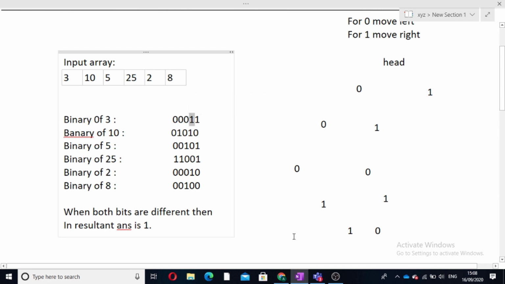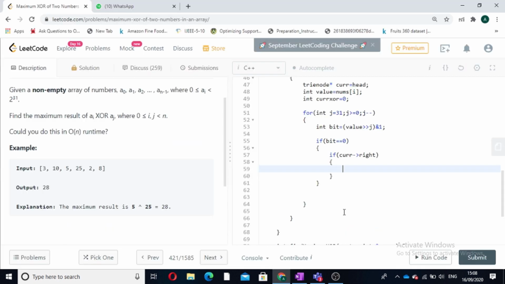So for the jth bit, current XOR plus equal to 2 to the power j. Now the bit was 0 and right also exists, so it will contribute to the answer, and we will move towards the right side. Current is equal to current right.